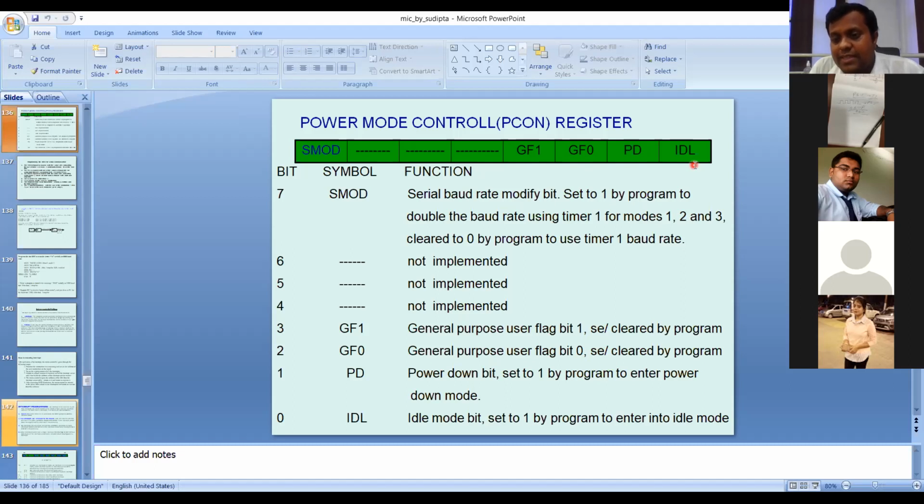This is called power down mode. Power down mode means whenever you are pressing any remote button, then these functions will be done. Otherwise, all the time, nothing is consuming any power. That's why a remote battery can last near about 1 year, because it is working in a power down mode.